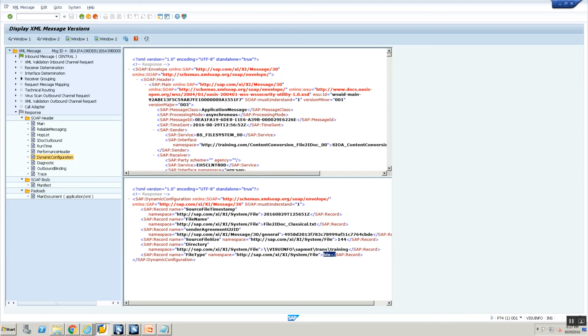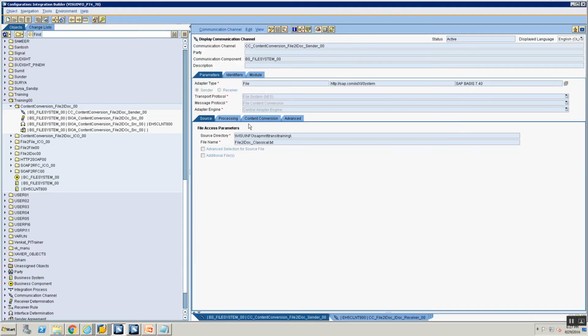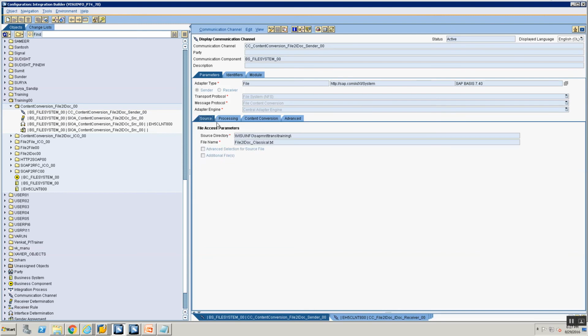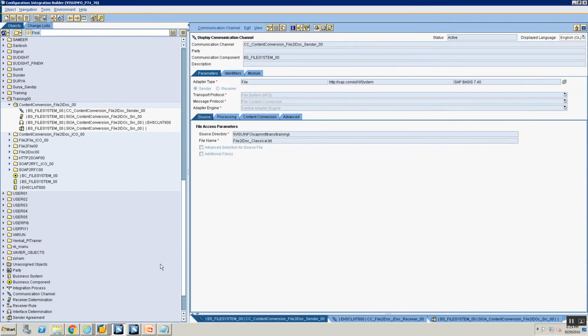So the basic idea is in PI you need to explore quite a bit, right? There are a lot of options that we might not have selected. There are multiple other options that your file adapter supports, that your idoc adapter supports. Each of these adapters in themselves can be an extremely detailed session. Okay? So the basic idea so far has been that you need to explore each of your channels.